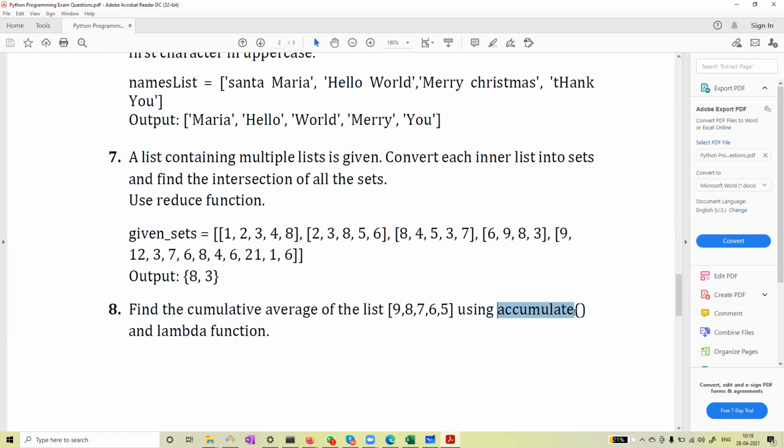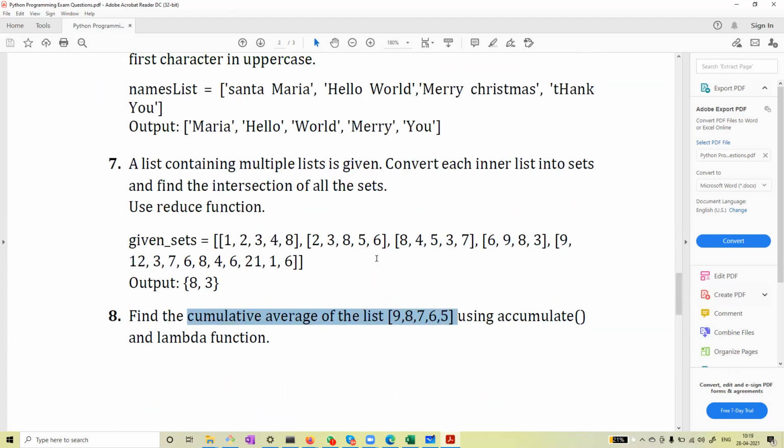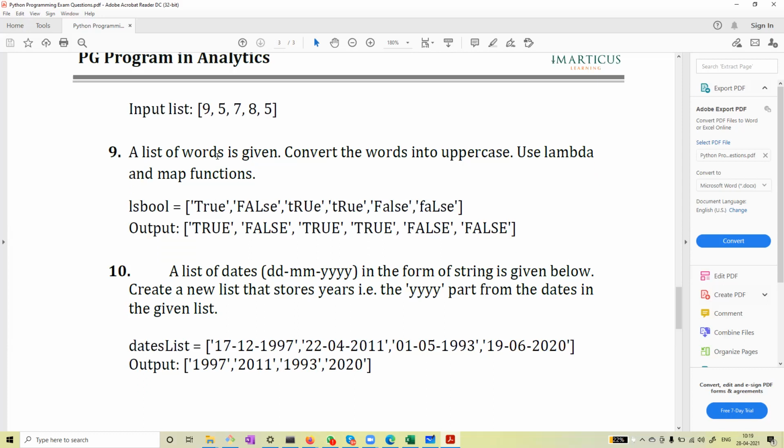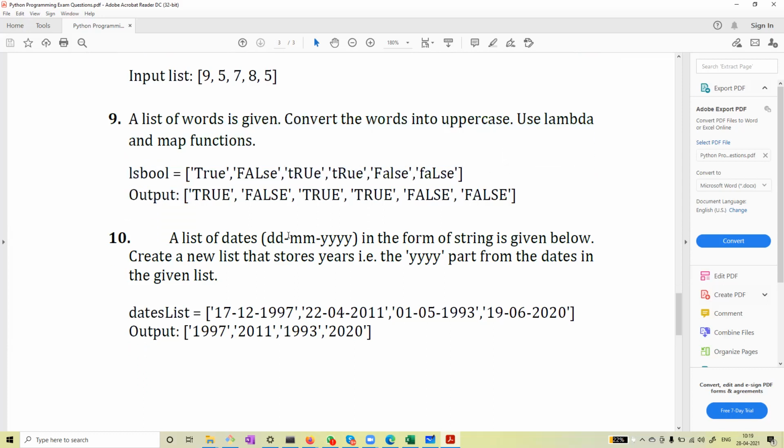In case you don't want to use accumulate, there are other ways to do it also. The way we do cumulative sum, similarly you can do cumulative average. Then convert this to uppercase. This also you will do. Here you will have to use datetime, or else see the string. You should be able to extract the last part. See something regarding split.